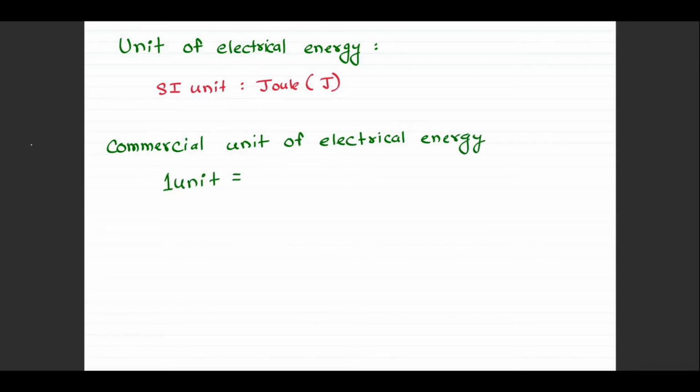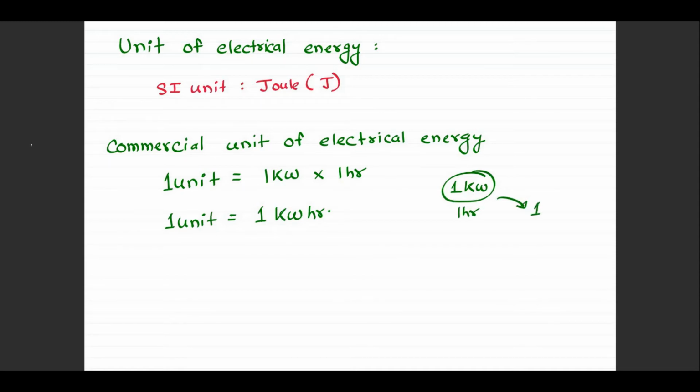1 unit is equal to when a power of 1 kilowatt is being utilized for 1 hour, and hence that 1 commercial unit is equal to 1 kilowatt hour. तो अगर आप एक ऐसे मशीन को यूज कर रहे हैं जो 1 किलोवाट पावर कंज्यूम करता है और उसको जब आप 1 घंटे तक यूज कर लेंगे तो आपका कमर्शियल यूनिट का 1 यूनिट उठेगा और आपको इसी यूनिट पे बिल किया जाता है. तो आप सुन, इन योर लोकेलिटी 1 यूनिट का दाम 3 रुपए है या 4 रुपए है. इसका मतलब है अगर आप 1 किलोवाट के पावर वाले किसी अप्लायंस को 1 घंटे तक चलाते हैं तो 1 यूनिट उठेगा जिसका आपको 3 रुपया देना पड़ेगा या 4 रुपया देना पड़ेगा, वट एवर इज द कॉस्ट. करेक्ट. सो दिस इज द कमर्शियल यूनिट ऑफ इलेक्ट्रिकल एनर्जी.